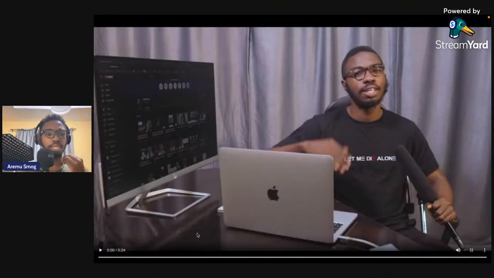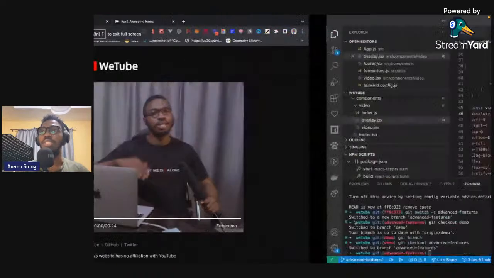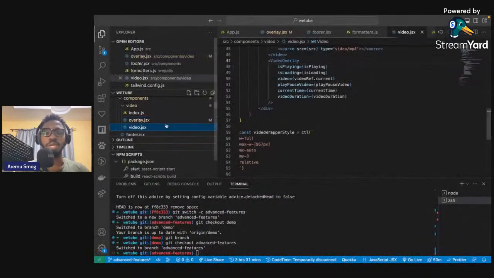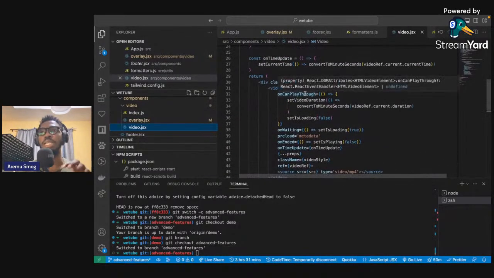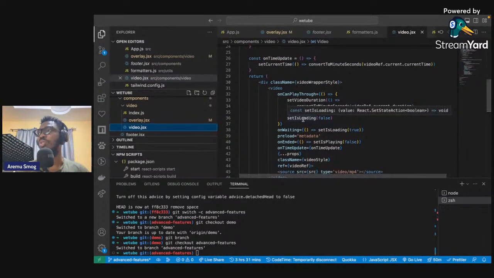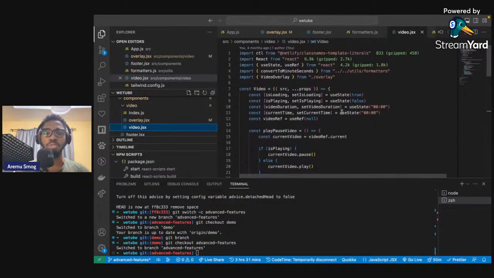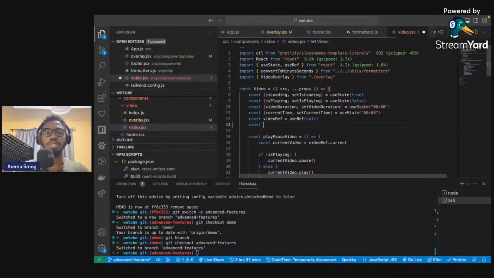And the problem is that the custom controls that we had are now gone. So how do we fix that? What I'm going to do is come over to the video element and create a new ref for the video wrapper. Instead of making the video itself full screen, I'm going to make the video wrapper full screen. So I'm going to say const video wrapper